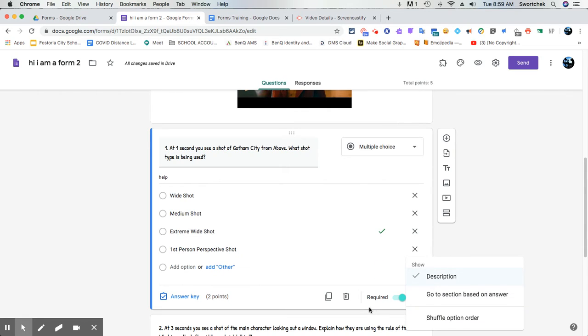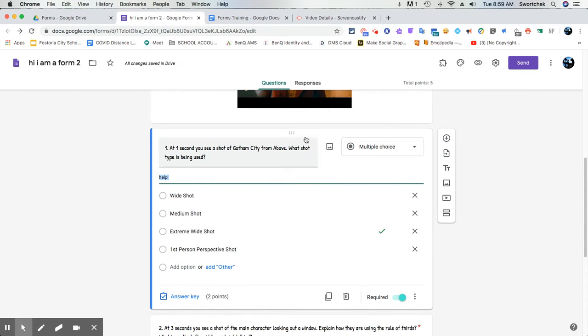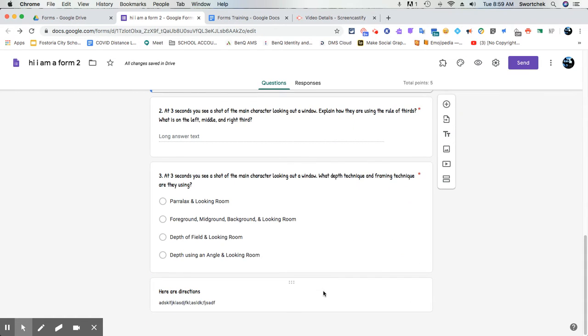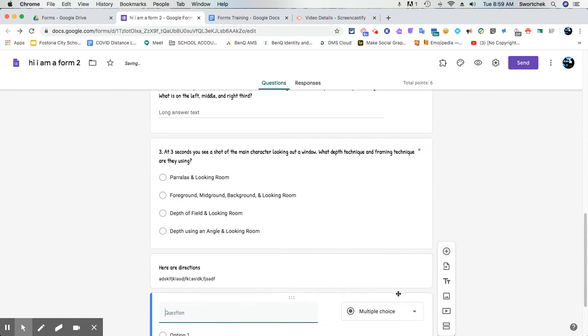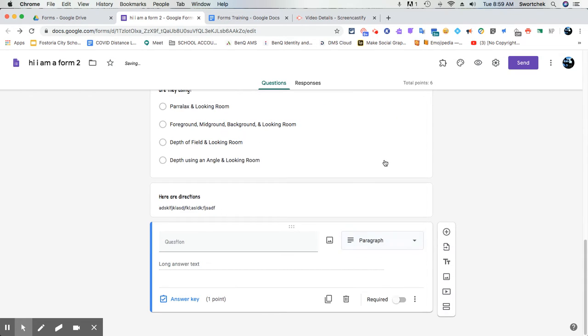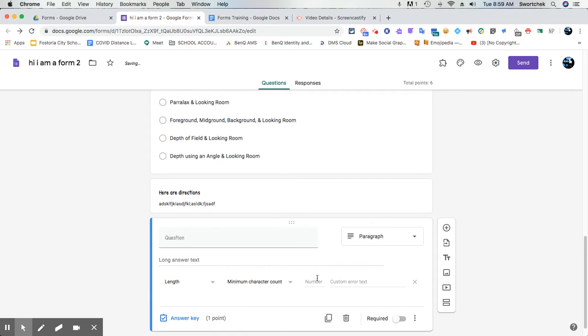But the other thing I want to go to is, let's say down here, I'm going to add a paragraph answer. You can get response validation. Response validation means you can pick some things that tell the student whether they did something right, wrong, or indifferent. So for example, if you want there to be response validation that the length is minimum 200 characters,